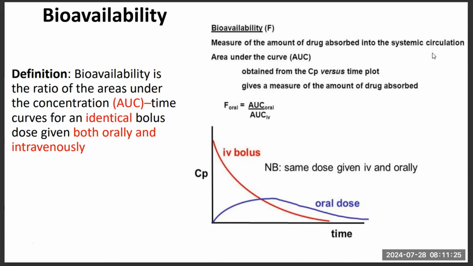The gut also does that. Because of that, there is something called the first pass effect. First pass effect means one single loop, not many loops. First pass, one loop from the gut to the liver and out. Compare this after that. And then because of this, you have two types of